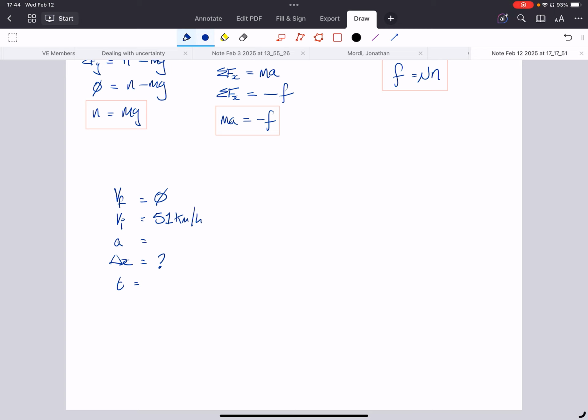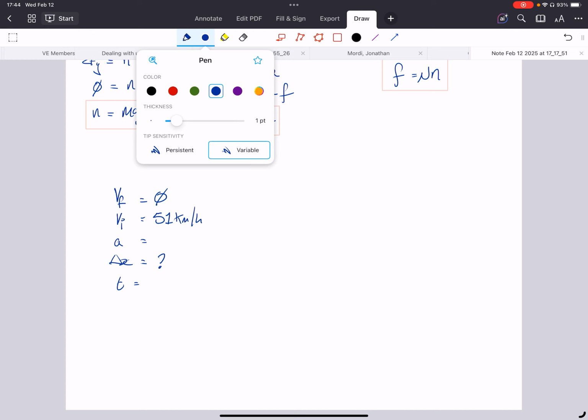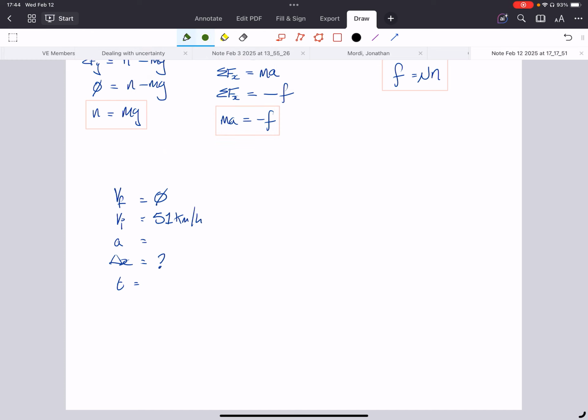I cannot solve this just yet, because in order to fill in any missing variables, I need to know 3 of the other ones. And I know 2 of the others. I do not have a third. I cannot solve for delta x without knowing either the value of a or the value of t. And I'm not given a or t in the problem, so this is impossible and we should just give up